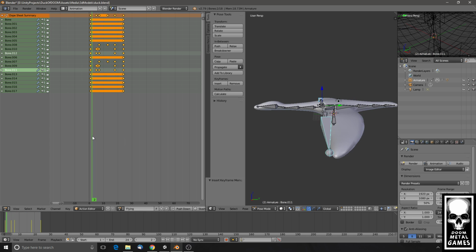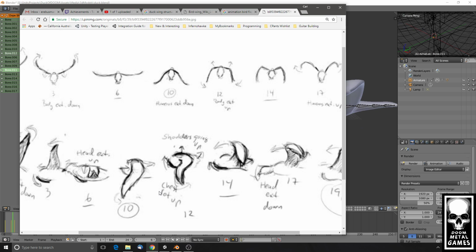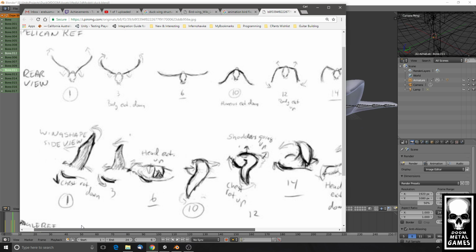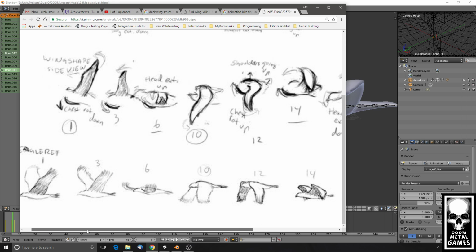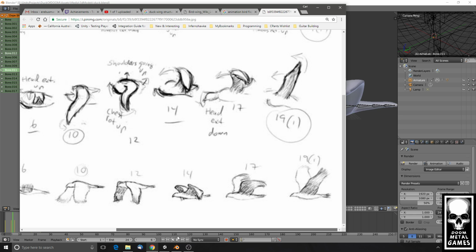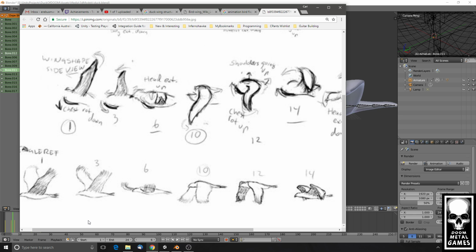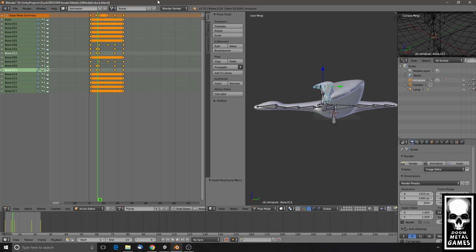So I guess the question here, does this show us the movement of the neck? Nope. But we could do, okay,